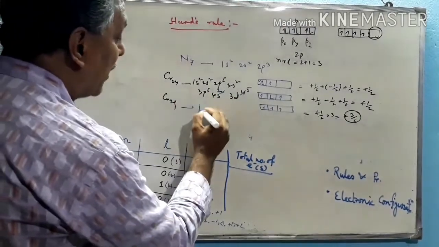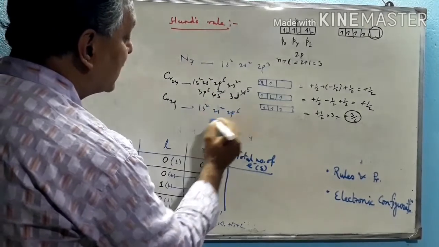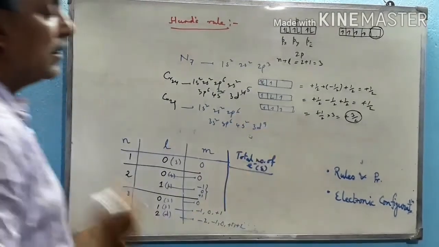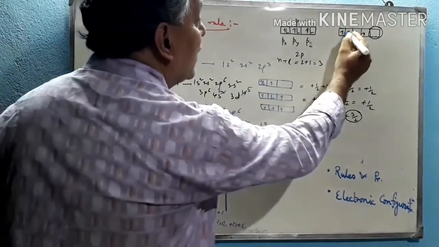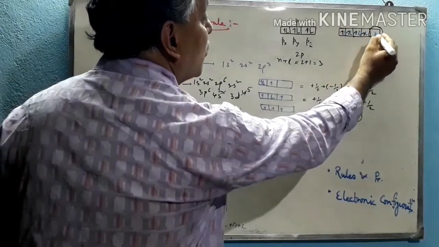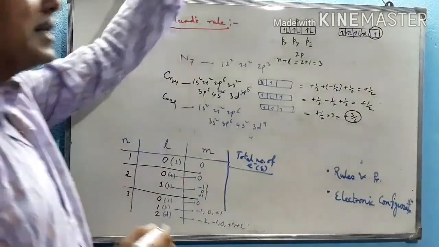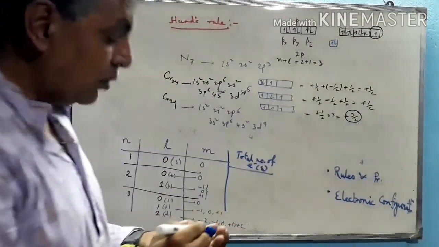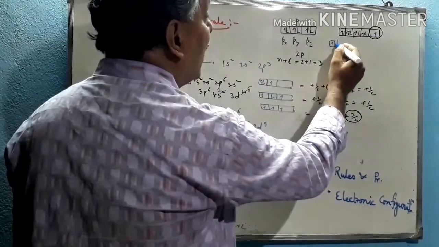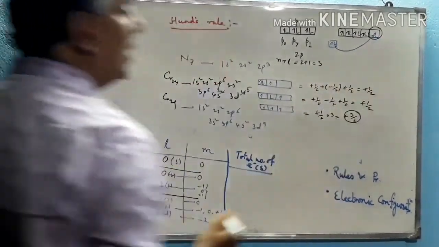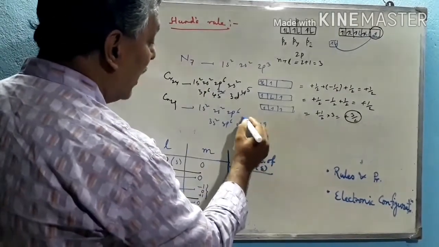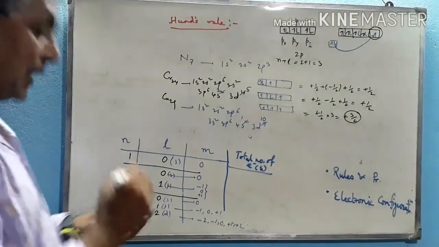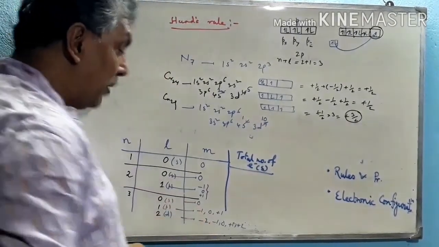Same in case of copper, 1s2, 2s2, 2p6, 3s2, 3p6, 4s2, 3d9. Again, the d9 configuration means there are 4 paired up electrons but 1 unpaired. This decreases the stability because the 4s subshell remains filled with paired up electrons. So one electron from 4s jumps to the 3d orbital to pair it up. So one electron will transfer from 4s to 3d, making it 4s1, 3d10. These are the exceptional electronic configurations of chromium and copper.